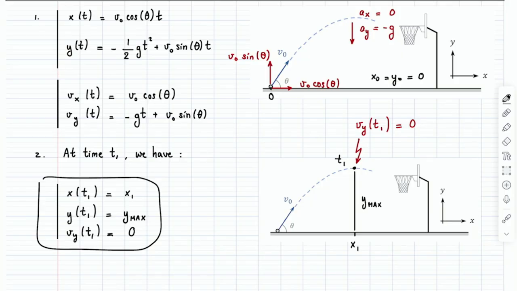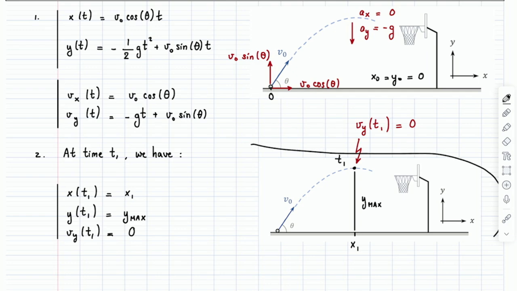In other words, it is a lot easier to write things that must be true than to say, you know what, just by looking at this, I know exactly what I'm going to do from A to Z to get the answer. I don't know t1, so I'm going to find t1, I'm going to use a kinematic equation, and then I'm going to plug t1 into x and y. That's going to be the answer. Now, I'm not saying you can't get to that point. You can with enough practice, absolutely, but it's really hard to get there.